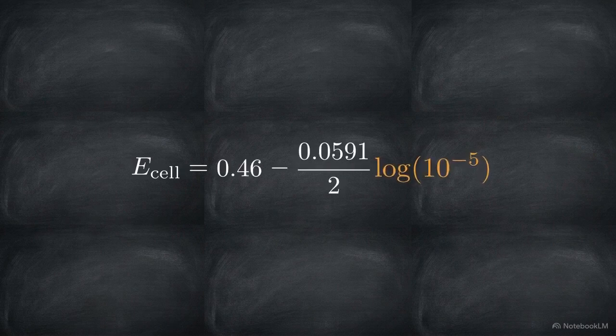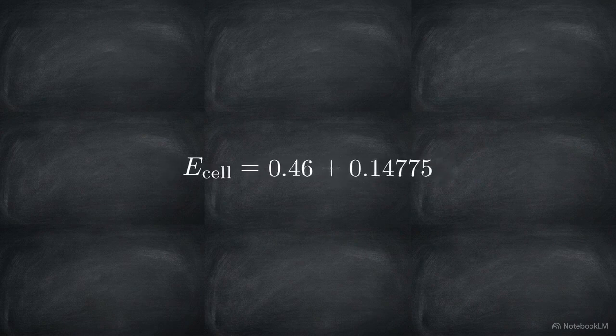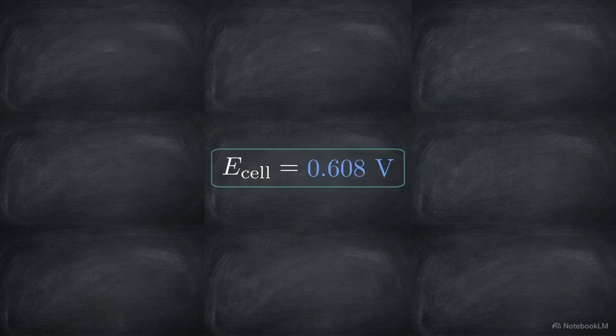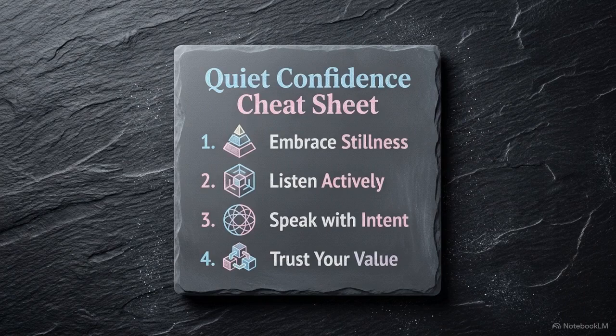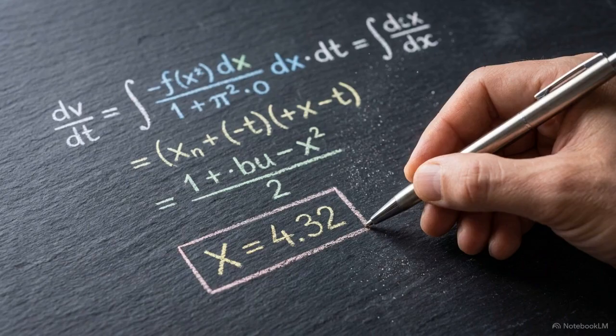Intimidation often comes from negative exponents inside a logarithm, but the rule is consistent. The log of 10 to the negative 5 simply becomes negative 5. Once neutralized, the arithmetic flows to the final voltage. To repeat this result, follow the sequence. Isolate the standard potential, balance the half reactions, apply exponents to the quotient, and execute the math without rushing. Dealing with a complex equation is an exercise in composure. By following the process and isolating the variables, the correct answer becomes the